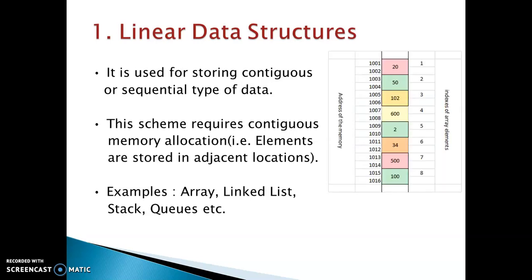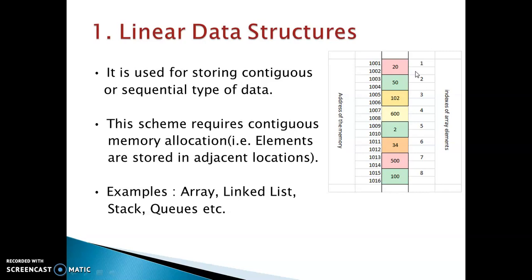Now we can see at the right hand side there is a diagram which shows a logical representation of a memory, and these are the memory addresses and these are the memory blocks which contains data, and these are the block numbers. So at block number 1, 20 is stored and the memory address is 1001 and 1002. Because we know we are using the integral data types which require 2 bytes in memory, which we normally learners have already studied in programming subjects.